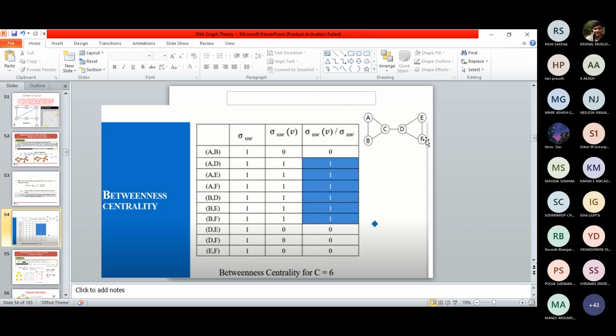You will identify C and D will be the two nodes which will have the highest betweenness centrality, because in my given network, if I have to start from a node and if I have to reach another node, C and D will be the betweenness nodes. These nodes will act as a bridge for the maximum number of traversals to happen. So that is the concept behind this betweenness centrality. I hope I have given this idea.